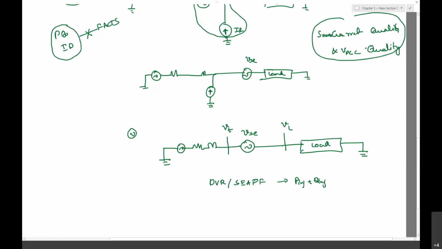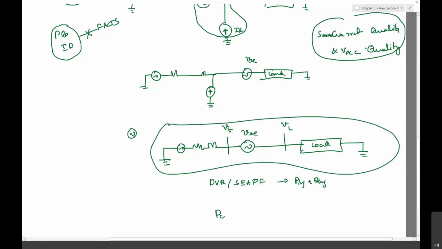Okay. While we have seen this entire system, the power is balanced. When this DVR is injecting, obviously the entire system power has to be balanced, which means the summation of all the powers is equal to 0, or else wherever the power is generated, that power has to be absorbed by one of the devices. Here the real power is generated by the source, and only the load is taking it. Even if it is generating the reactive power Q injected, it has to go this way or this way to the load also. Majority of it will go to the load only.